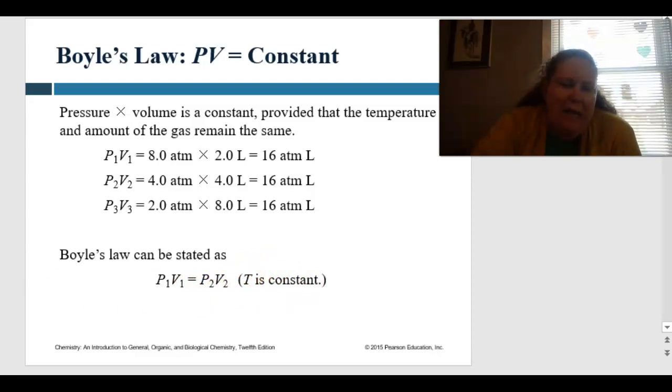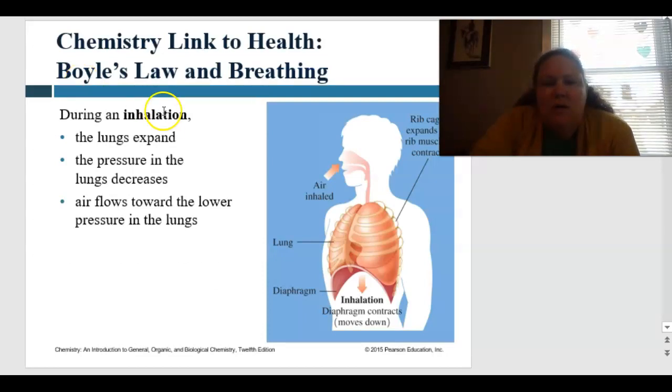So how can we apply this? Well, breathing. So during inhalation, the lungs expand. So put your hands over your lungs and then breathe in. You can feel that your hands go out. So that shows you that your lungs are going to expand during inhalation. And because of that, the pressure in the lungs is going to decrease as air flows towards the lower pressure